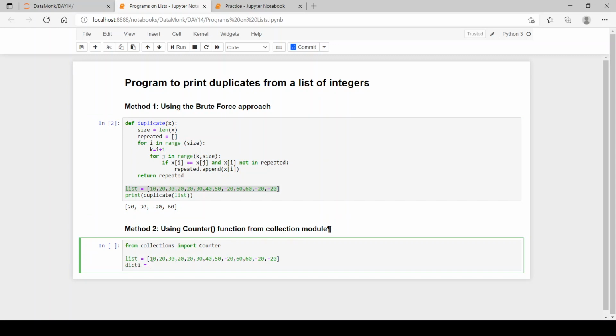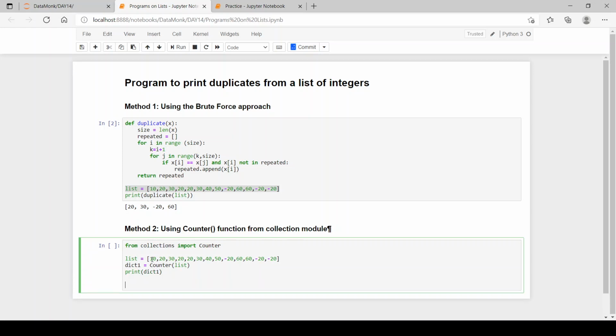Dictionary one, we'll write as Counter and pass in the list. So we will have the dictionary of the list. Then let's print dict1, so you will understand what it does exactly.